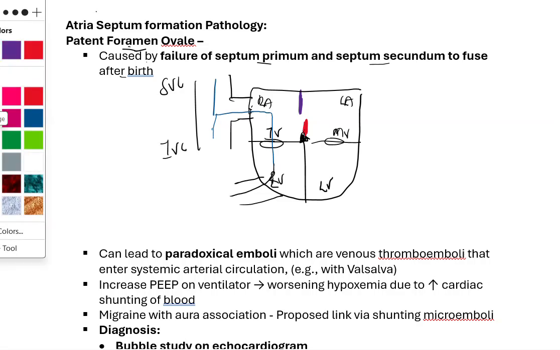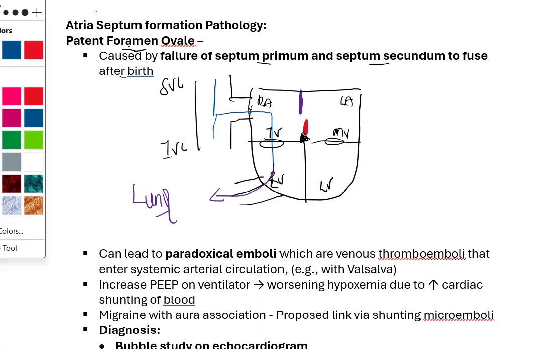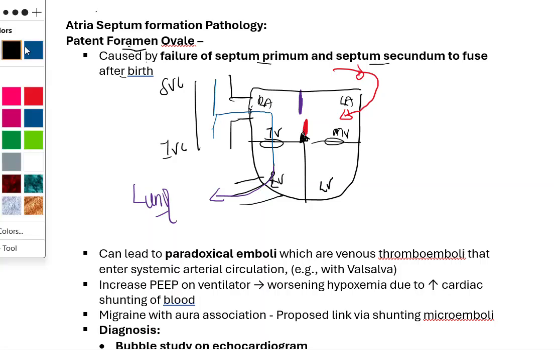To the lungs for oxygenation. So from there, it's going to go to the lungs, right? For oxygenation. And then after the blood has been oxygenated in the lungs, that oxygenated blood is now going to return to the what? They're going to return to the left atrium, right? And they usually return through the